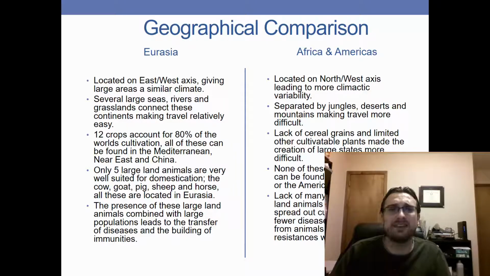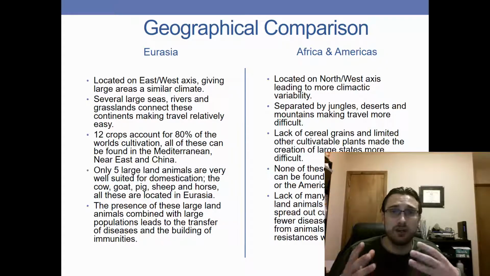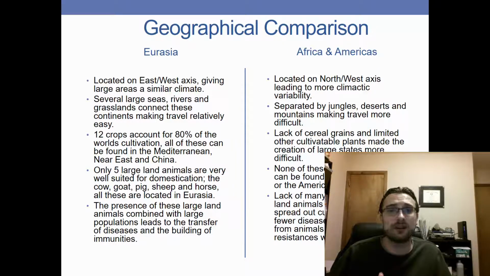But increasingly what we look at is that the differences that did exist between these two groups a lot of times can be traced back to a comparison in geography between the Americas and Eurasia, the combination of Europe, North Africa, the Middle East, as well as the Steppeland region and Eastern and Southern Asia. The groups and civilizations within Eurasia just had some geographical conditions which made the establishment of large sedentary agricultural societies generally easier for them to complete, and it made more sense for their geographical